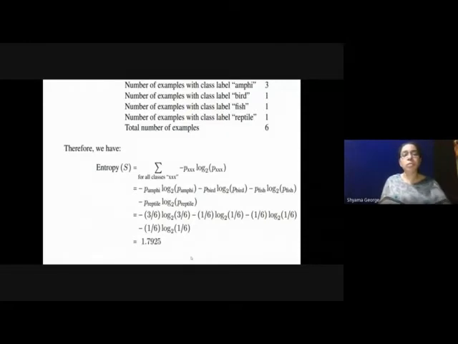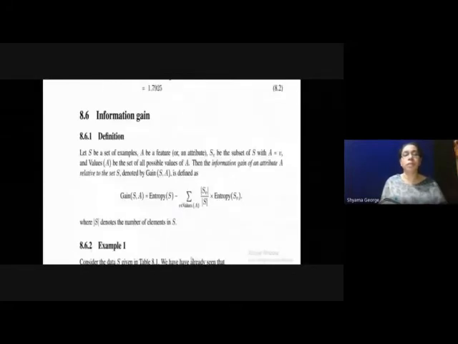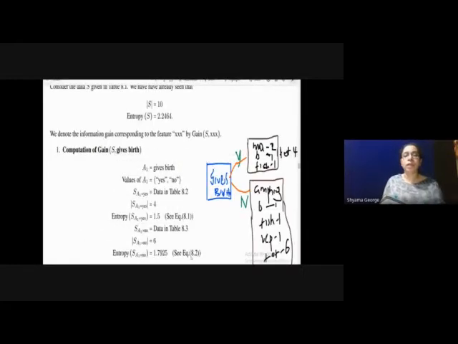So from these, you have to find out entropy yes and entropy no. And when you substitute these values in the formula, you will get the information gain. This is the formula: entropy of the whole data set minus the sum over values V of A of SV divided by S into entropy of SV. That is how we can find out the gain.